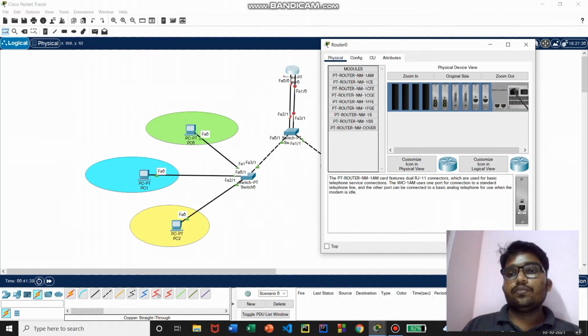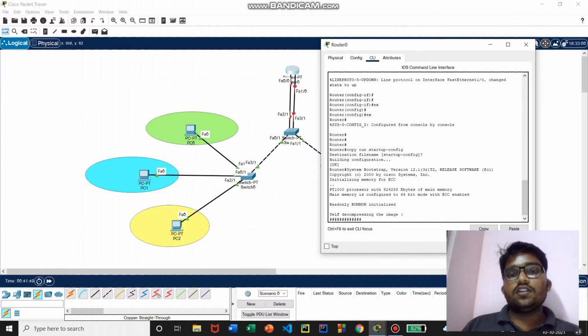If you switch it off, we can add the fast Ethernet ports here, as many as you want. That's it. Enough. Now we'll turn it on. Here we can see it is still loading. The interfaces have gone red now. Once it finishes loading, it will get green again.